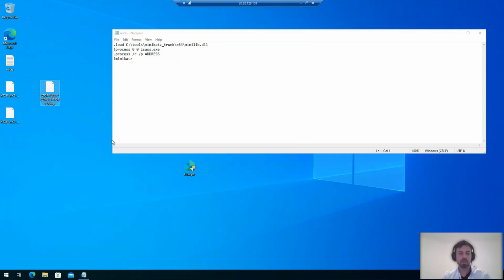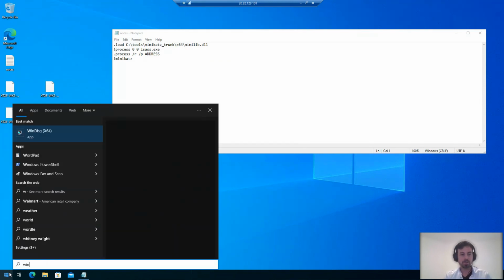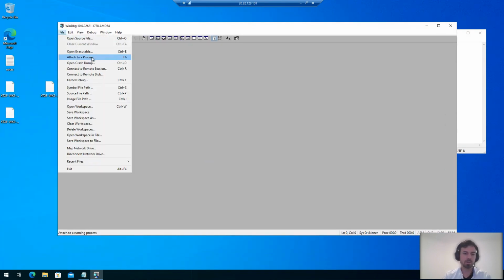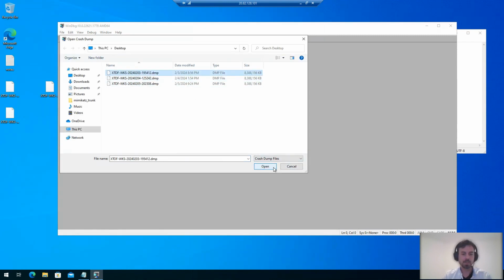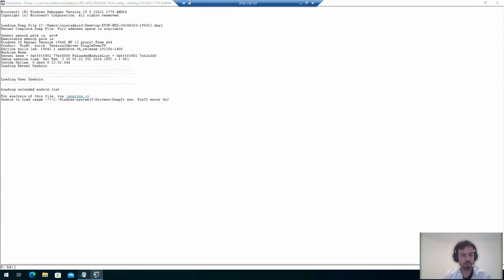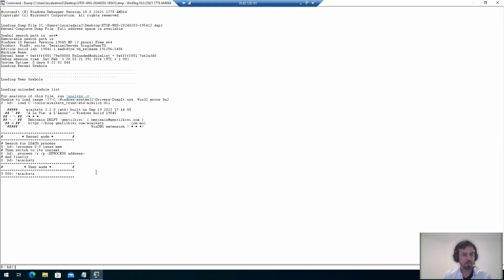I did it before. And I will try to do the credential dumping on the same machine. In a real attack, the attackers will exfiltrate the memory dump and do the credential dumping offline. So I will try to open the crash dump file. Let's go with this one. Okay, so the crash dump file loaded, and I will try to load Mimikatz here. It's being loaded, and of course, now I need to find the address of the LSASS process, and the address is this one. So I will switch the context to this address,